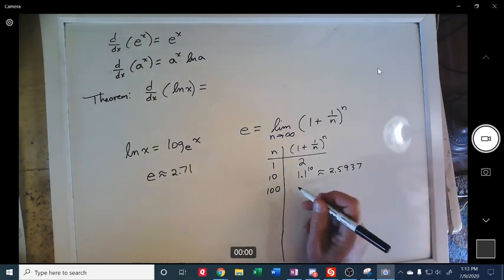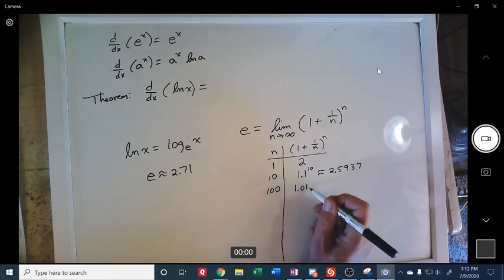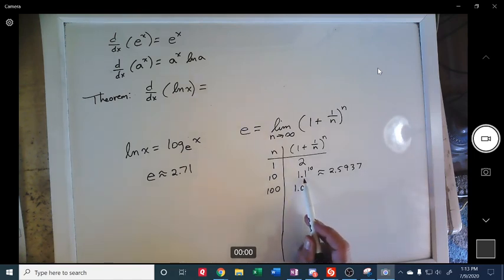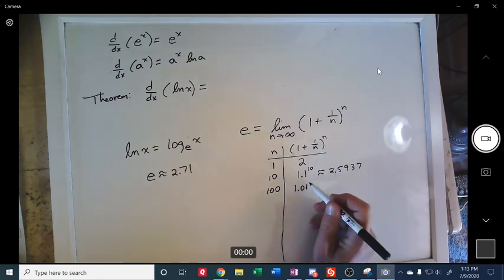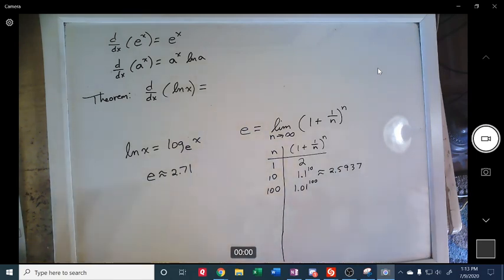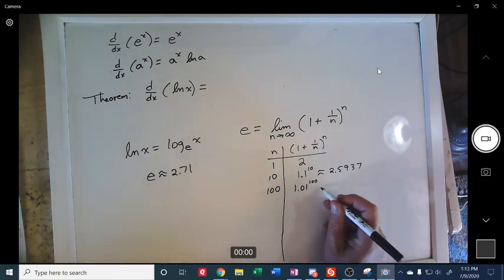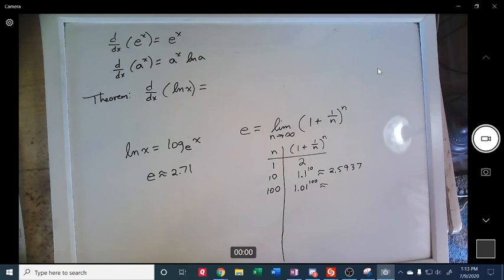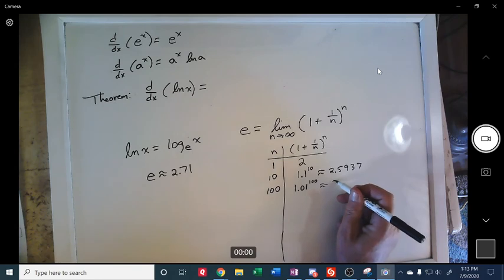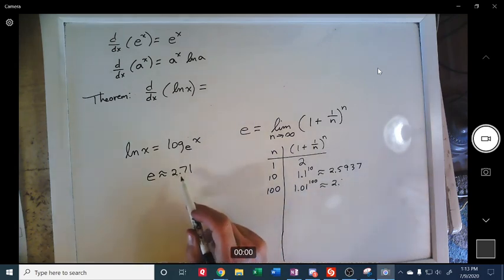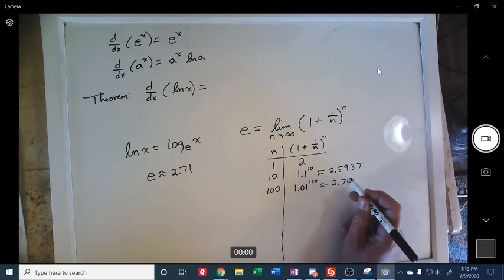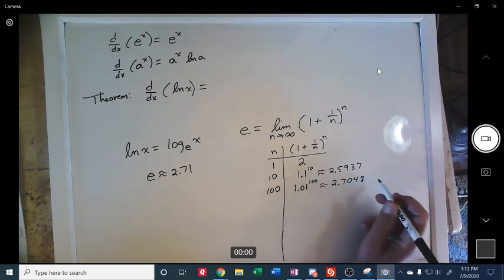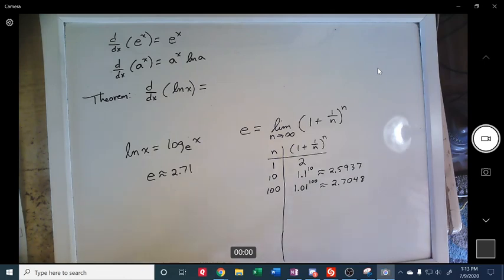Fast way to compute this: 1.01. Notice the base is getting smaller while the exponent is getting bigger. They kind of have a neutralizing effect, but it's not totally neutral. It's going to make this thing get bigger. 1.01 raised to the 100th. And notice I'm getting closer to this. And if I did my e